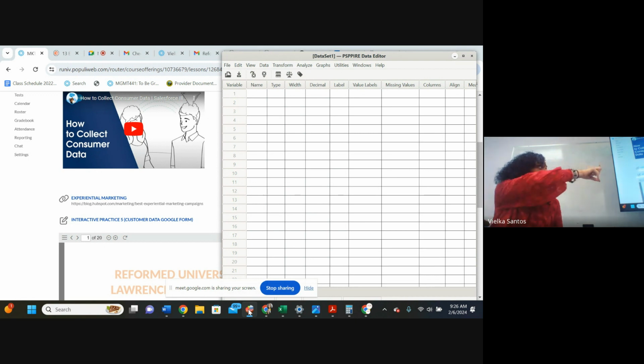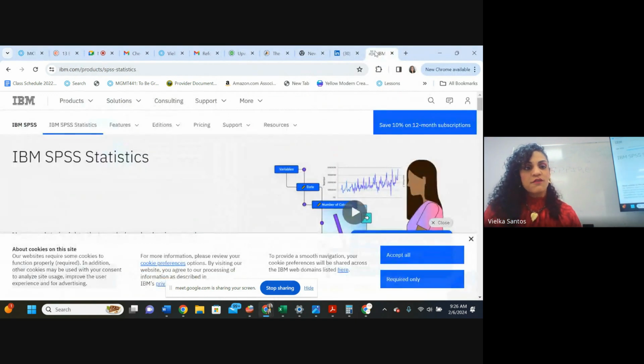So PSPP, our friend, $0. A $0 tool. That is the substitute, like I was telling you, for SPSS Statistics. Now, the latest version they put on the market was last year, version 29 of this system.